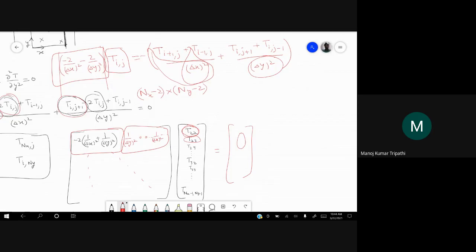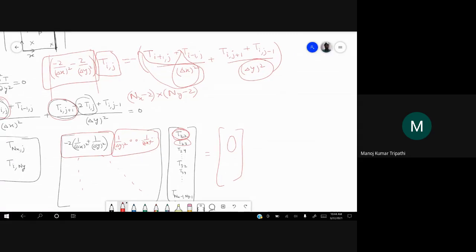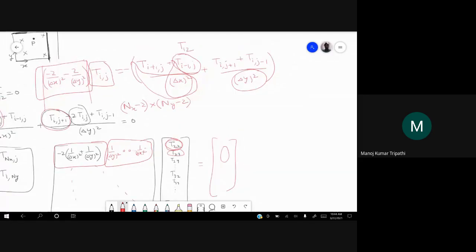For them, if you write i equal to 2, j equal to 2, what happens to the right hand side? You get T1,2 here, and here you get T2,1, which are known values. So effectively, you get a constant here.